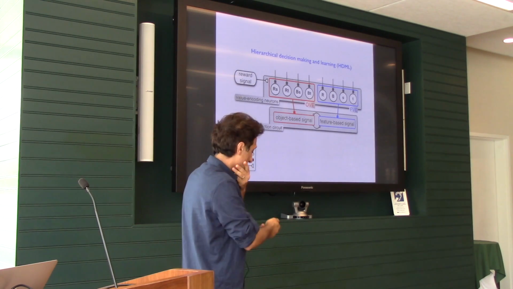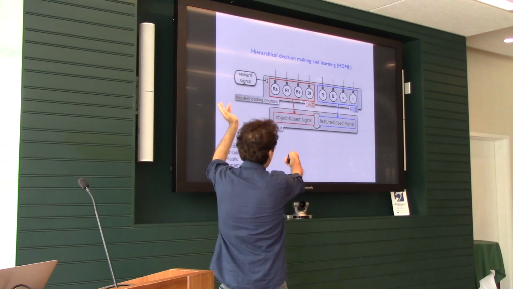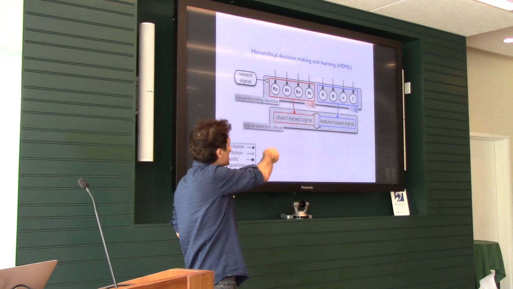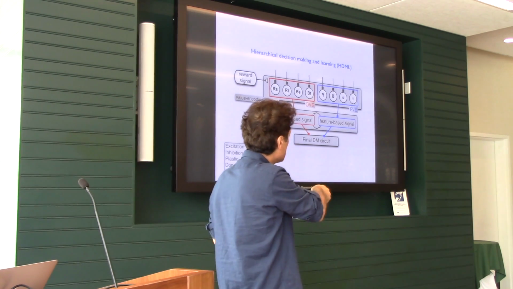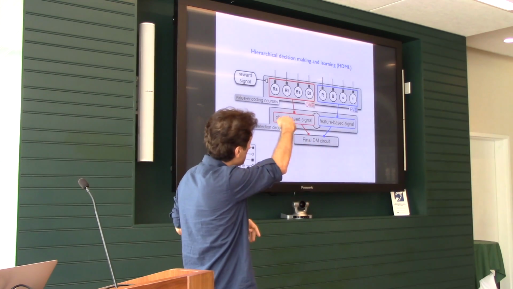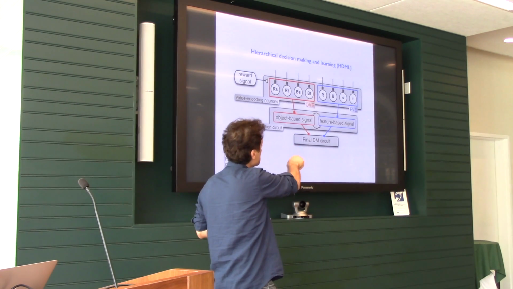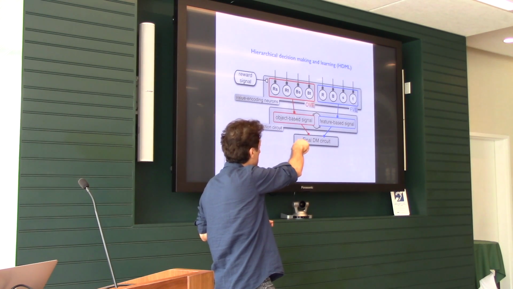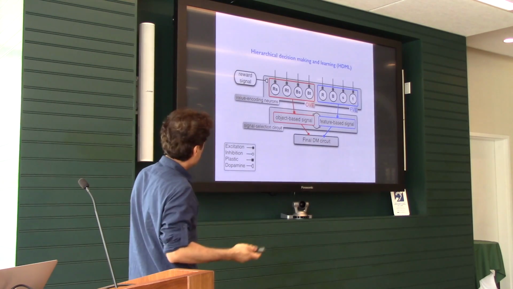Another way you could solve this task, which we call hierarchical decision making, because we have to call it something, is that you have these 2 sets. What you can do is see what is the strongest signal in each system. You choose that, and then you make a decision based on the strongest signal. So you don't arbitrate between the 2 systems. You basically arbitrate between the signals in each one. And then if this was the signal that made the final decision, and was rewarded, you increase these synapses here, you make them stronger, which means the next time you're going to select them more, and vice versa.